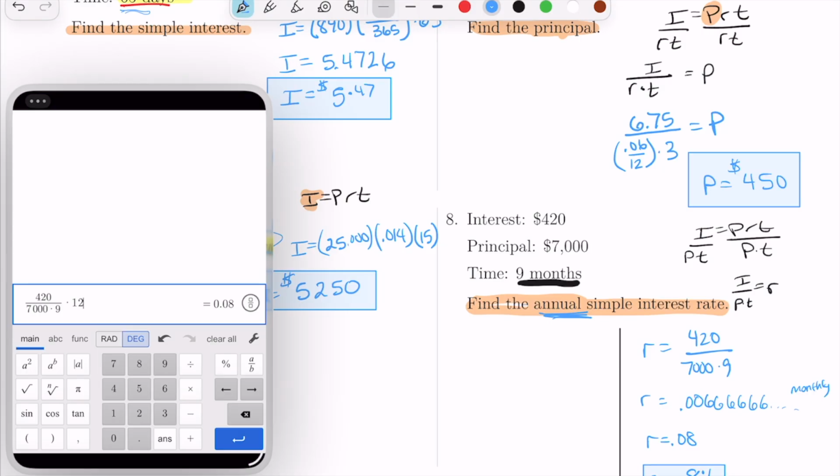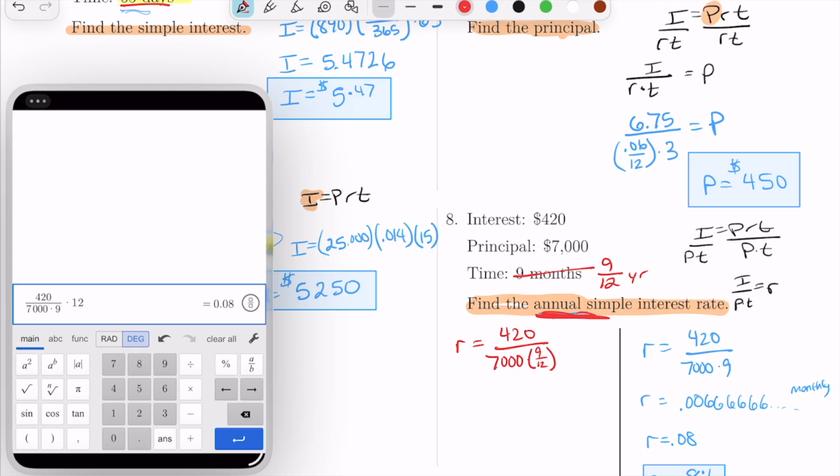I said that I'll show you another way to do that. So if we want annual simple interest, what we could do is to change the time to be in terms of years. Right now it's in terms of months. But if I take and write this 9 months as 9/12ths of a year, now my time is in years. And if I substitute my numbers in, 420 over 7,000 times 9/12ths,